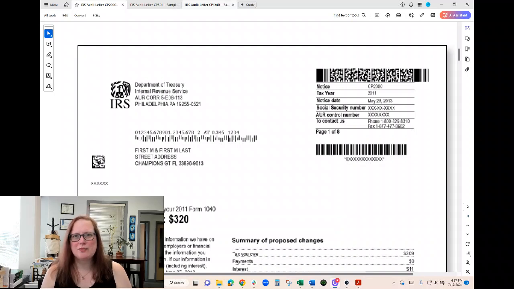They should look something like this. They always have the return address of the service center that is reaching out to you. But up in the upper right-hand corner, the most important thing to note is what notice this is. So this one is a CP 2000, which means nothing to most people, but a tax advisor knows what this